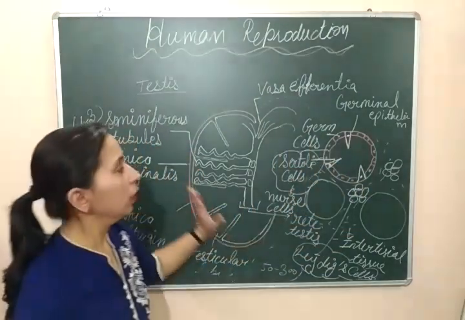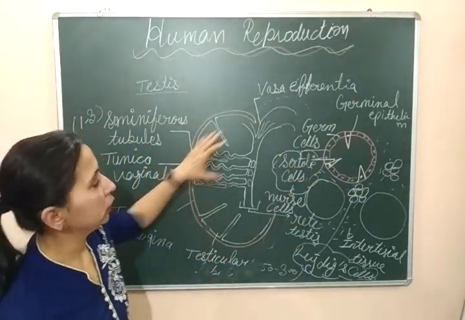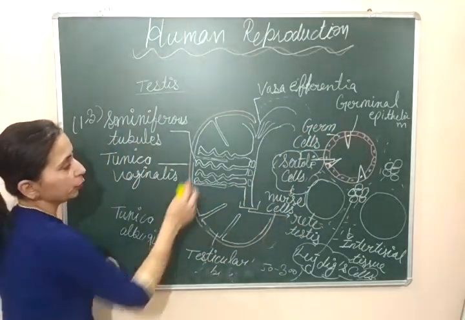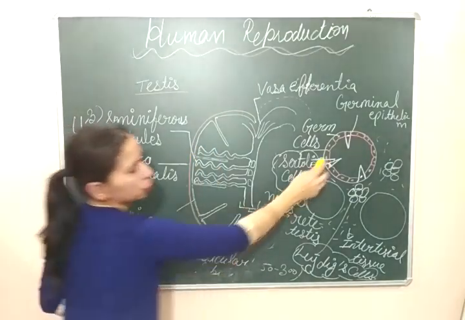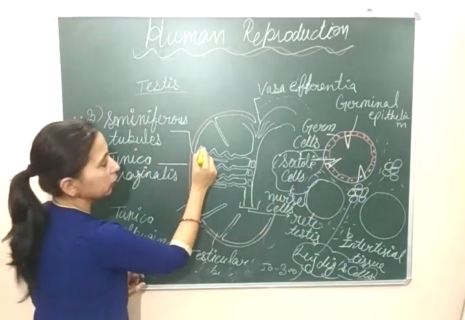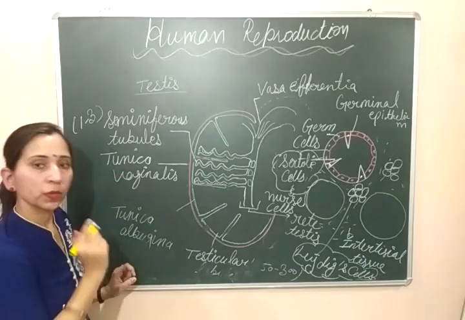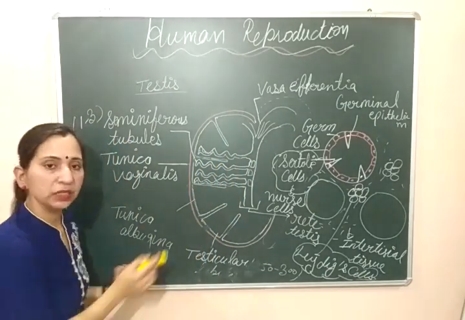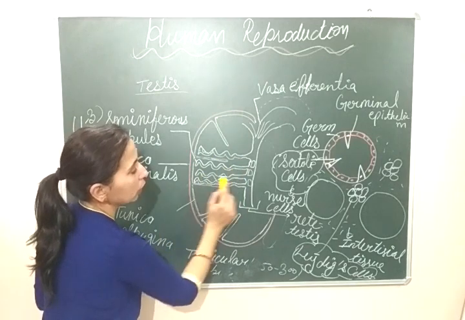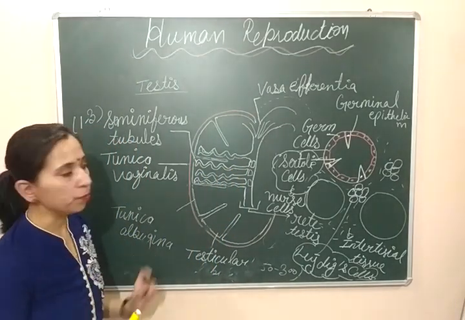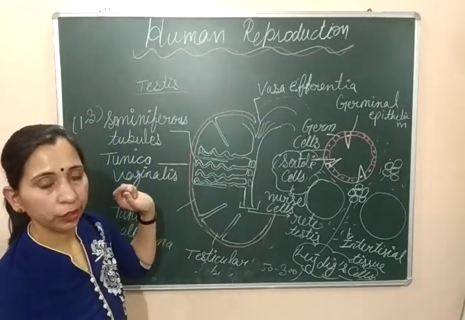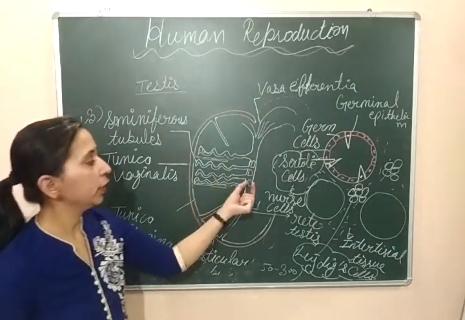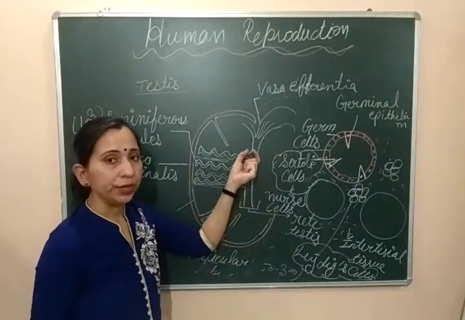So this is about the internal structure of the tissues, that is, the seminiferous tubules. These tubules play a very important role. These are the tubules, and they are lined by such kinds of cells: germ cells and Sertoli cells. Here the sperms are formed, and then these sperms are carried to the rete testis. सभी seminiferous tubules जो हैं, they will form the sperms. Inside all tubules, the sperms will form from these germ cells, and after formation, these sperms will move towards the rete testis. सभी के सभी sperms transfer हो जाएंगे towards the rete testis, and from the rete testis they are